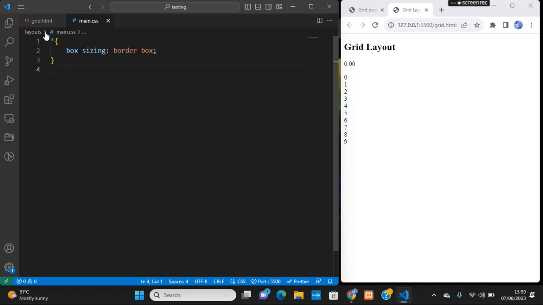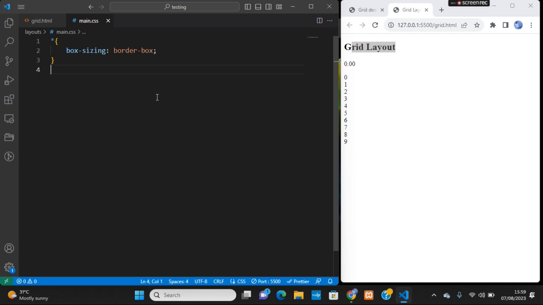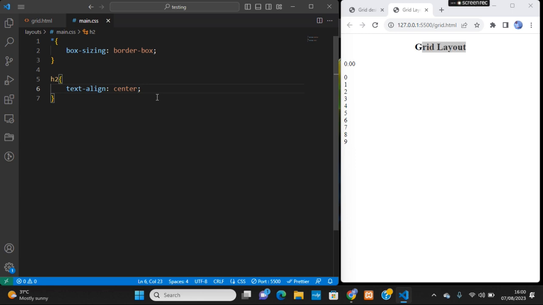All right, so the first thing we should be working on is to center this text, which is the H2. So we say H2, and we set the text-align to center to make sure it is centered. Then let's have the screen as well, and it's a class, so we say dot screen,